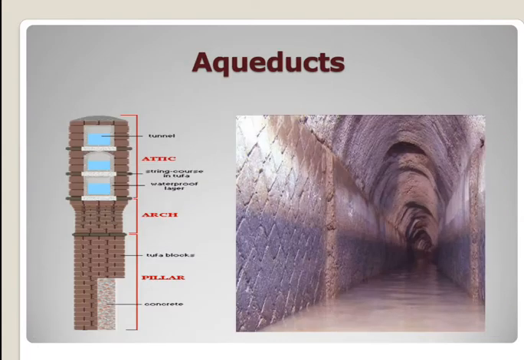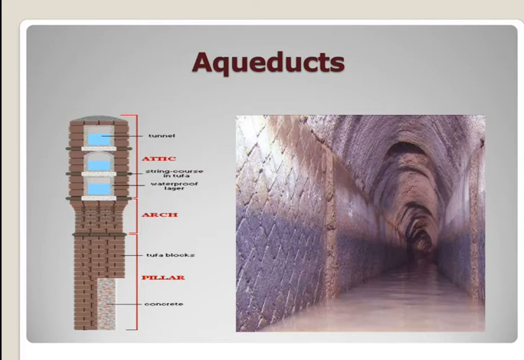Now coming to the aqueducts. So aqueduct is actually the name given to the closed conduit constructed with masonry, and it is used for conveying water from the source to the treatment plant or the point of distribution. So the aqueducts again may be constructed using bricks, stones, or RCC, reinforced cement concrete.